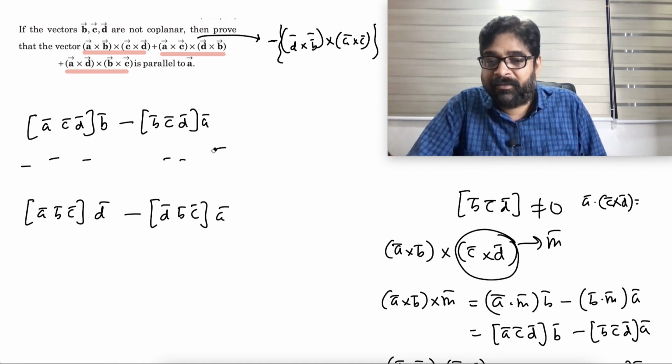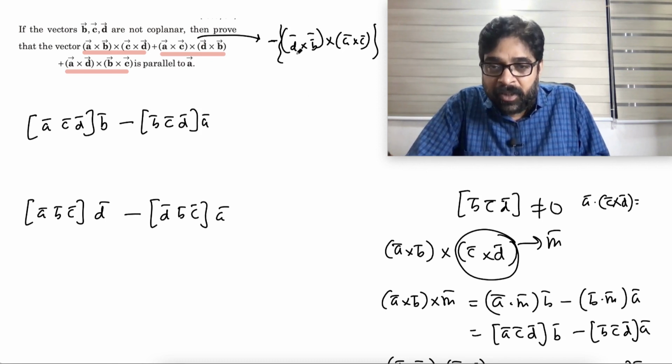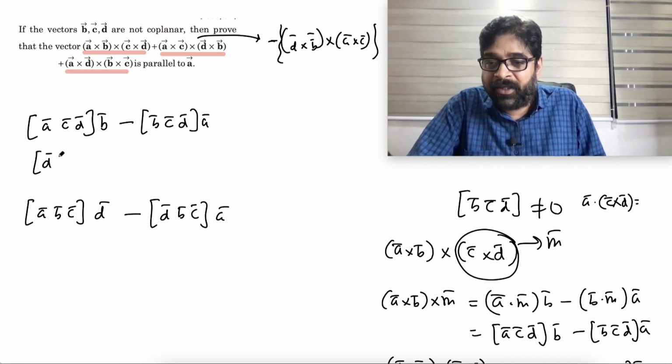I will write fully again. I made a mistake. Have you noticed? I changed this also. B cross D, I wrote it earlier. I'm sorry. So this will be box of D